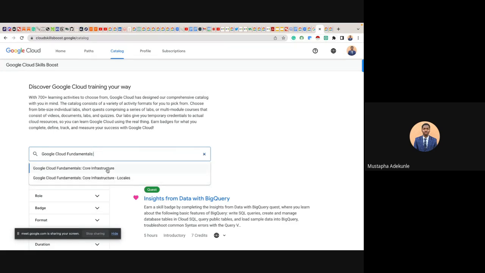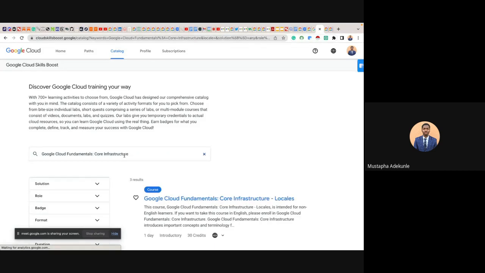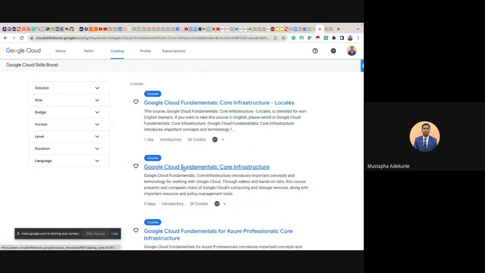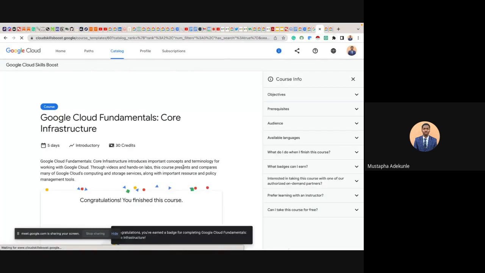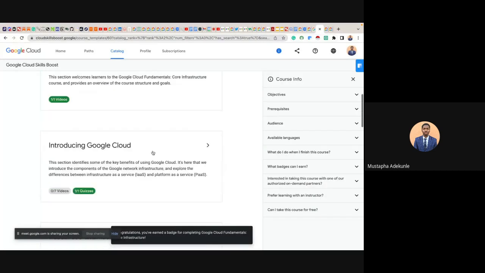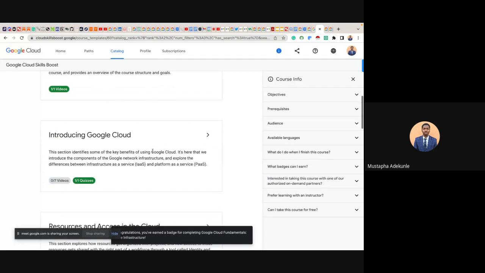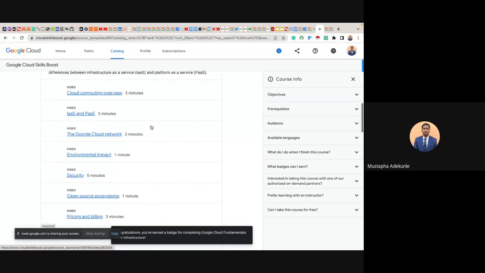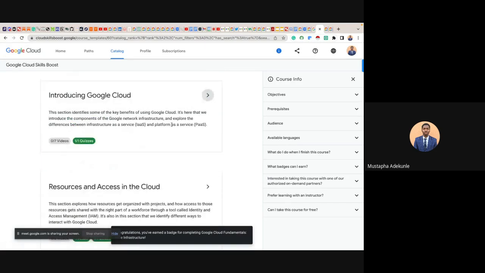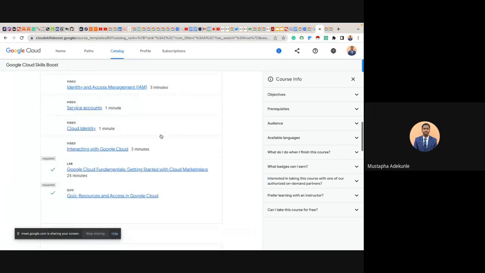So okay, when you start Google Cloud Fundamentals: Core Infrastructure, to pull up the course that I showed you, when you click on this course, you can enroll in it. When you enroll, you can go through each and every lab that is there. Going to this one, when you click on this